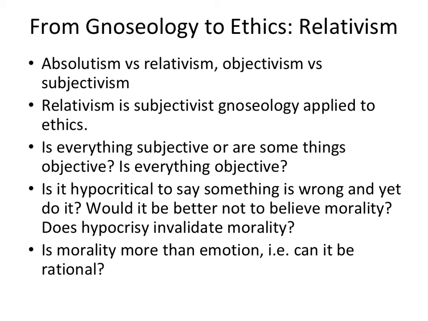Or I might be an idealist or a subjectivist and say that because we can't really be sure that there is a world outside of us at all, we can't be sure of any objective moral truths either. And so the relativist says, because we can't really know anything objective, at least in the realm of morality,